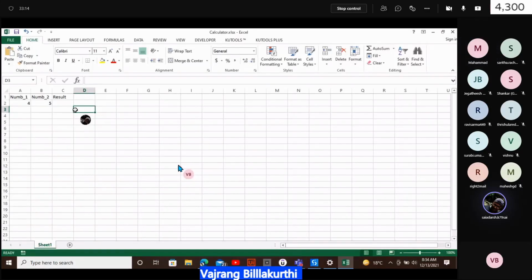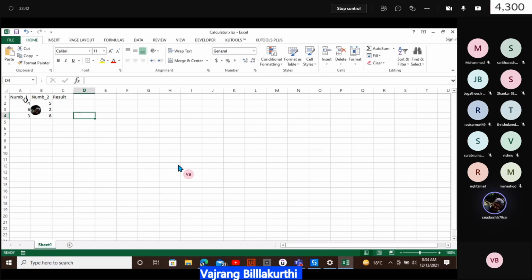So I will open Excel application scope and I will pick these 4 and 5 numbers. Add two more columns, two more rows. Okay.